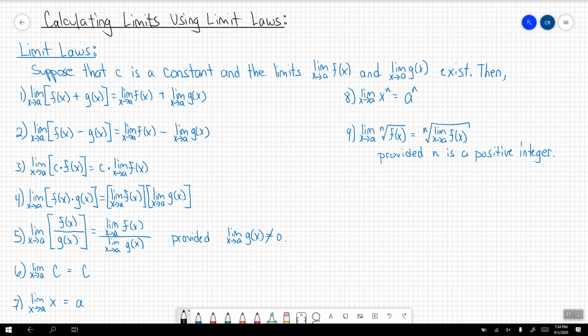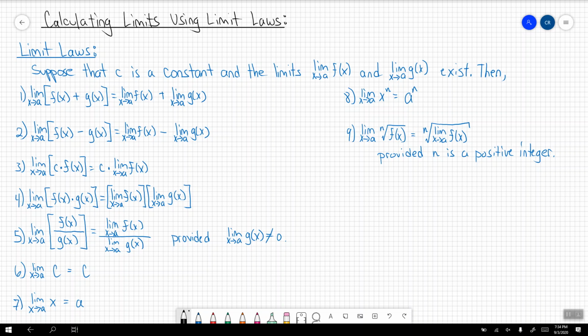Okay, so we have to know how to work with these limit laws, and we have to know when and how they apply in order for us to be able to proficiently work and understand what a derivative means when we get to it in chapter 2. So again, for now, what we'll do is we'll summarize all of these limit laws. And what I want to start by doing for these limit laws is observe that,